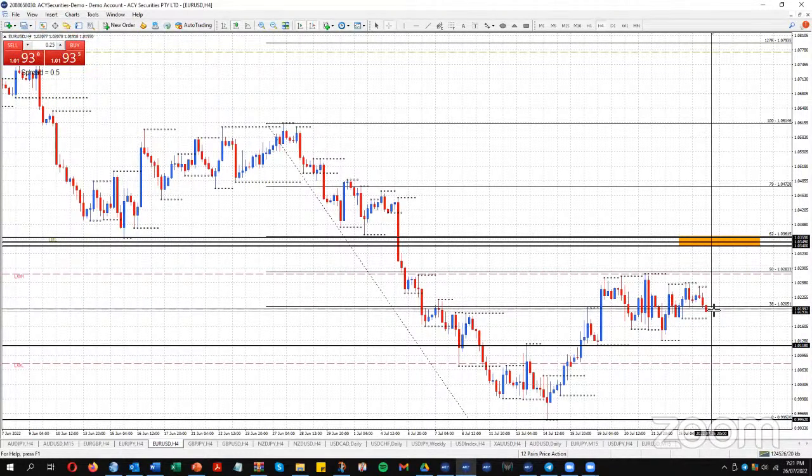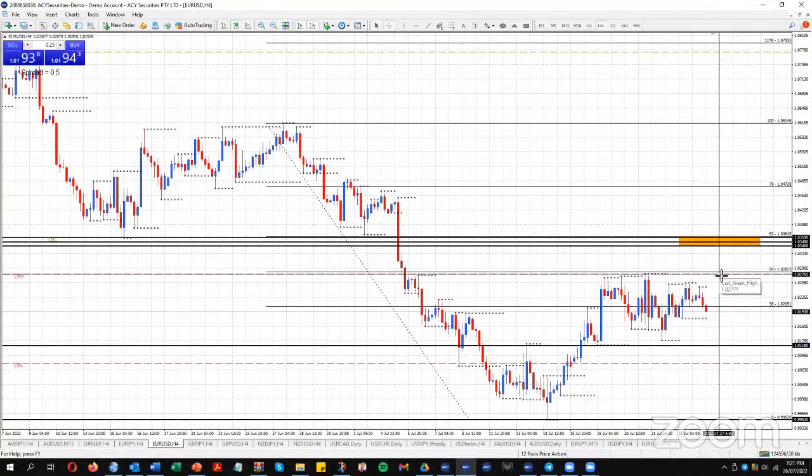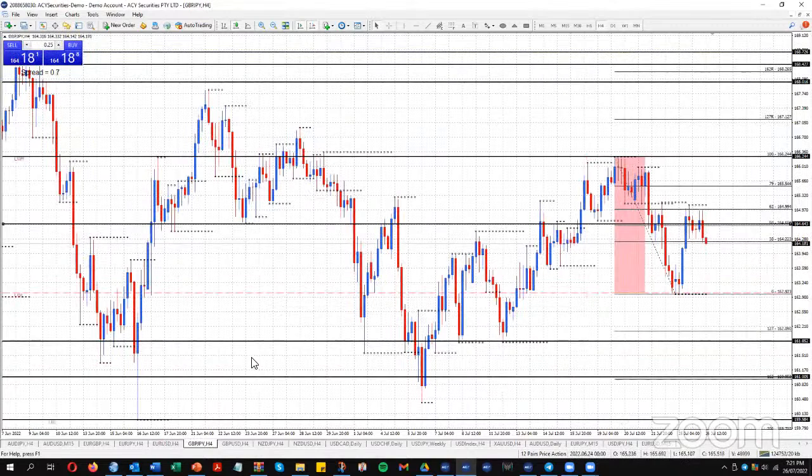So if I wanted to do something, a better area to watch ahead of FOMC is price coming up to the top of that range, about the 102.75 area. Last week's high up here is on 102.77. Does price come up and challenge last week's high, fail, and move back down the range? That would be the area that I would watch at the moment. But my optimal level is up here, so I'm going to wait for my optimal level on that. All right, pound yen.